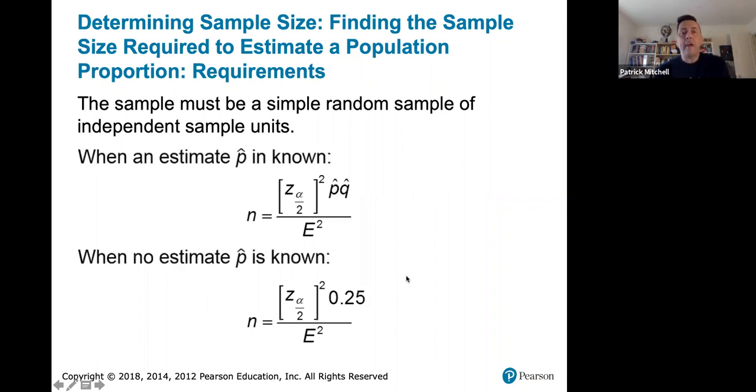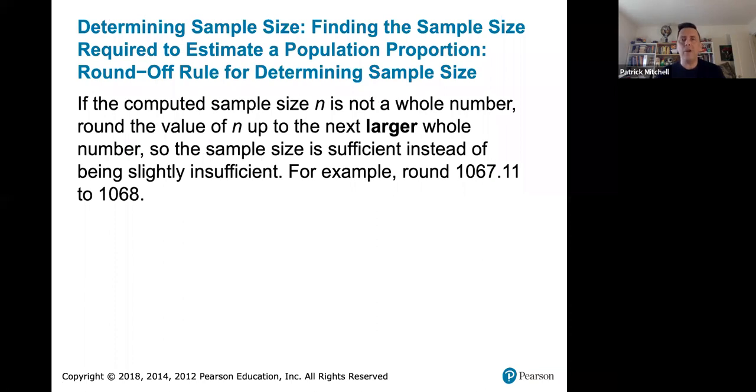Okay, and then this is pretty important. So if your computed sample size n is not a whole number, which usually it won't be, you want to round that value up. Okay, so just imagine that n came out to 602, or take their example, 1067.11. That's saying that you need a sample, and let's say you're doing a poll, it's saying you need a sample of at least